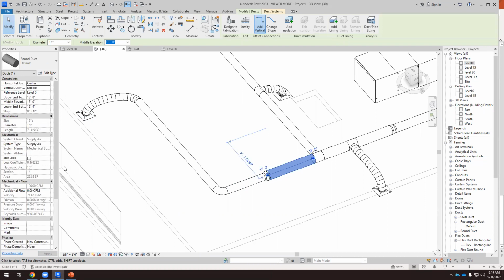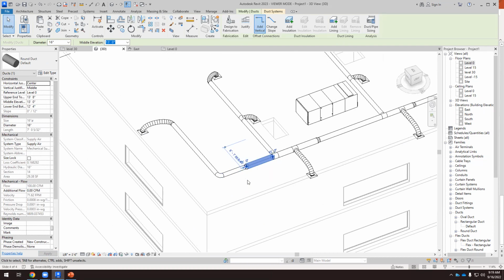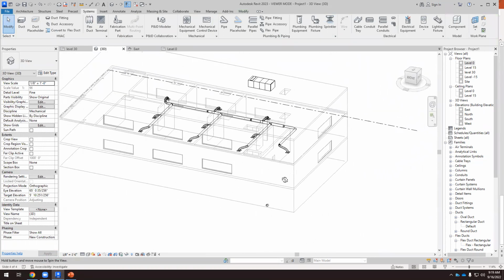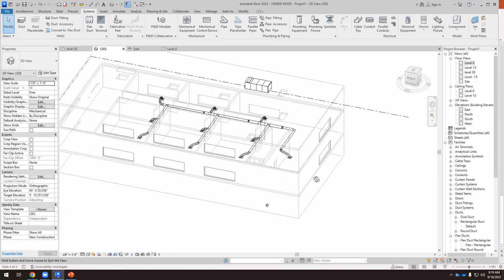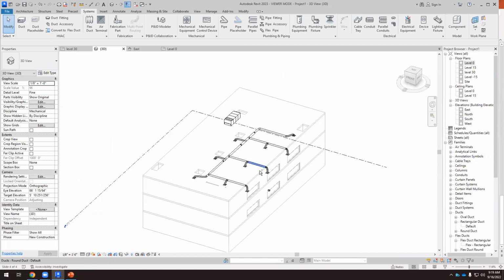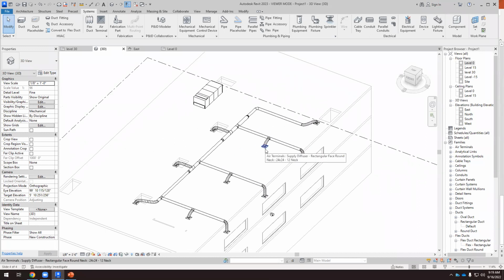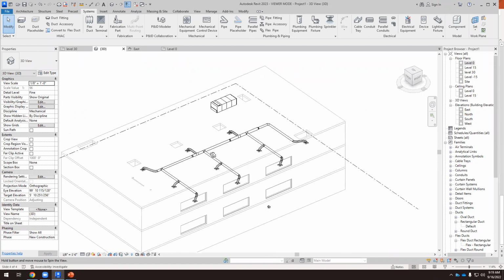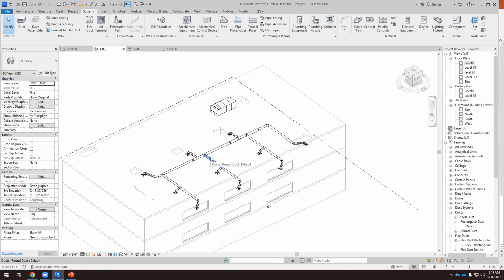Okay, check the CFM, because it's very easy making mistakes. So every time you draw something, make sure that the flow is correct. Because if you do this and you don't check the airflow, you don't know where the mistake is, or probably you have a lot of mistakes. So check the airflow. Okay, so now we have probably the most difficult part, because we have to connect vertically